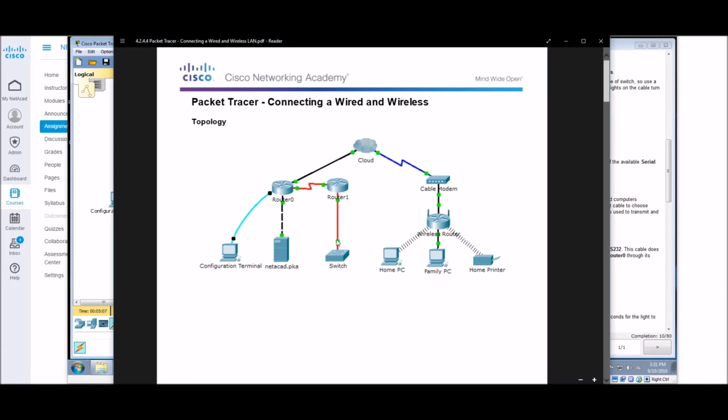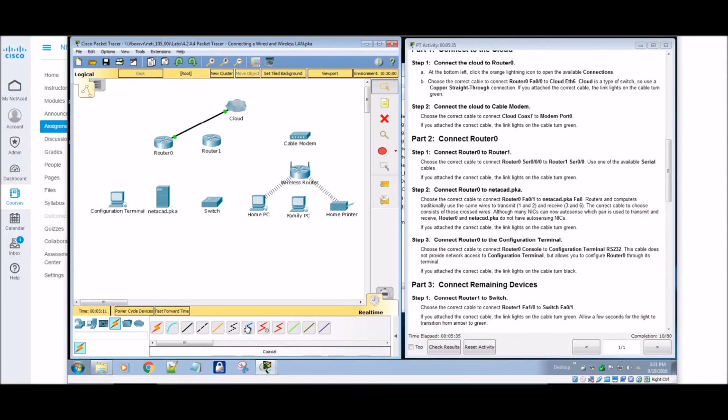Again, I'm going to look at our PDF here, and that's the cable that we're going to use. We're going to use the coax cable for that, so we're just going to go into coax. On here, there's only one option. You just need to be familiar with the types of connections that we're doing. On the back of the actual router, you need to know what a coax cable looks like when it's connecting. I'm going to connect the cable modem here, and I'm going to go into port 0. This is what a coax looks like on here, and of course it turns green.